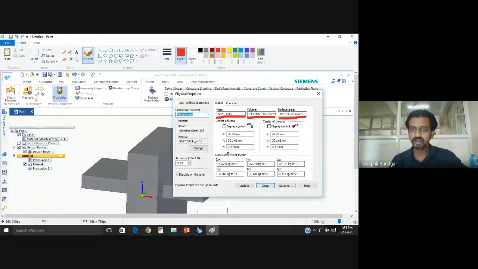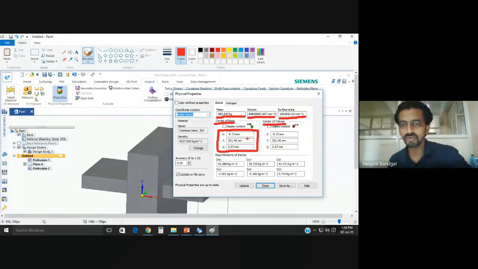You can see the center of mass and the center of the volume also. These are the values where I will find my center of mass. This will be very useful while you are balancing your system, while you are defining your system, to check whether the center of mass is above the support or not, whether it will fall.